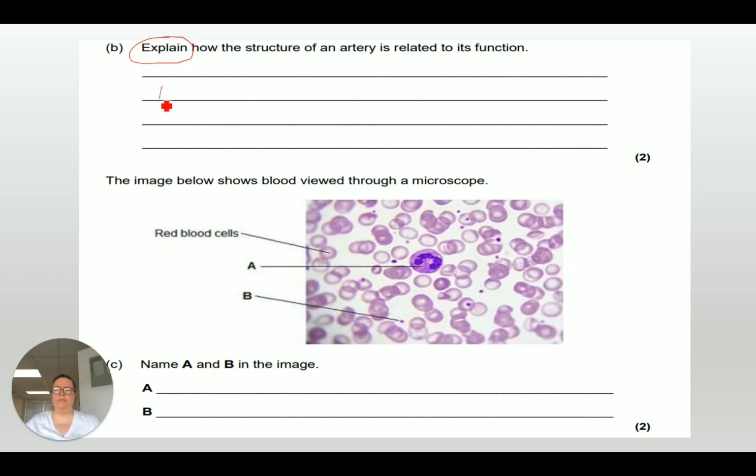So we know that arteries take blood away from the heart. Now that might seem very obvious, but they haven't said it in the question. So we state the obvious because quite often the obvious gets the marks. Now to the body. So artery takes blood away from the heart to the body. So we need to say a bit about the structure now. So it has thick, elastic walls,